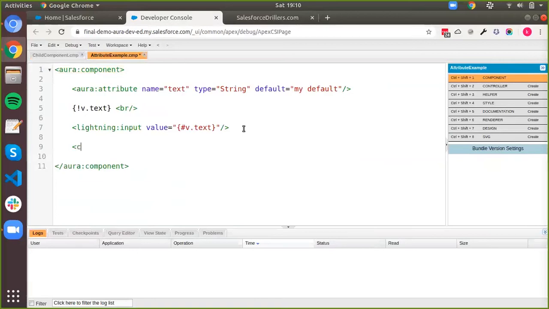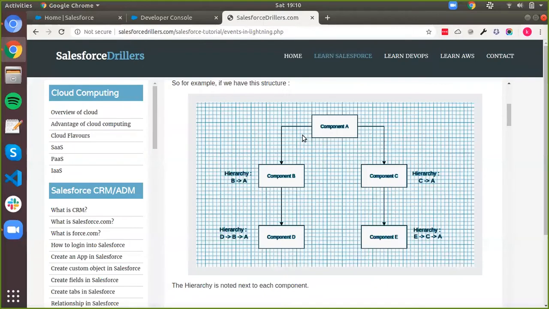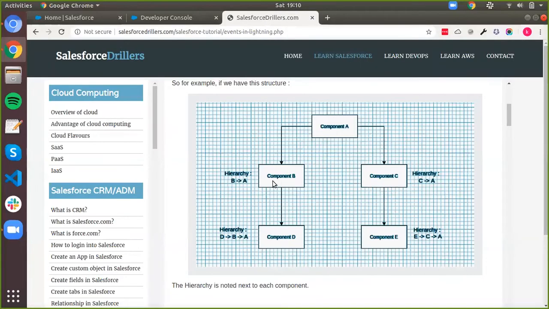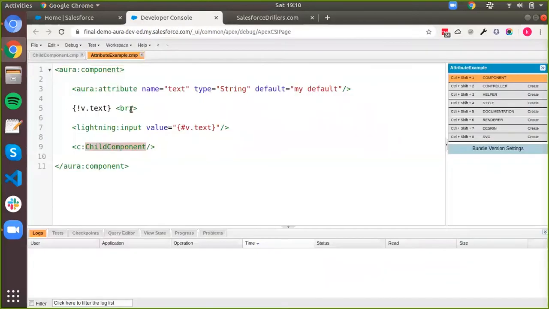So what I'm going to do is I'm going to write here c:childComponent and then just close it out. So now our parent is our attributeExample.cmp component, and we're using a child component under it called the child component. So this is what is referred to here. You can suppose this component A is our attribute example, and then the child being used here is component B. So our child being used here is your child component, right?